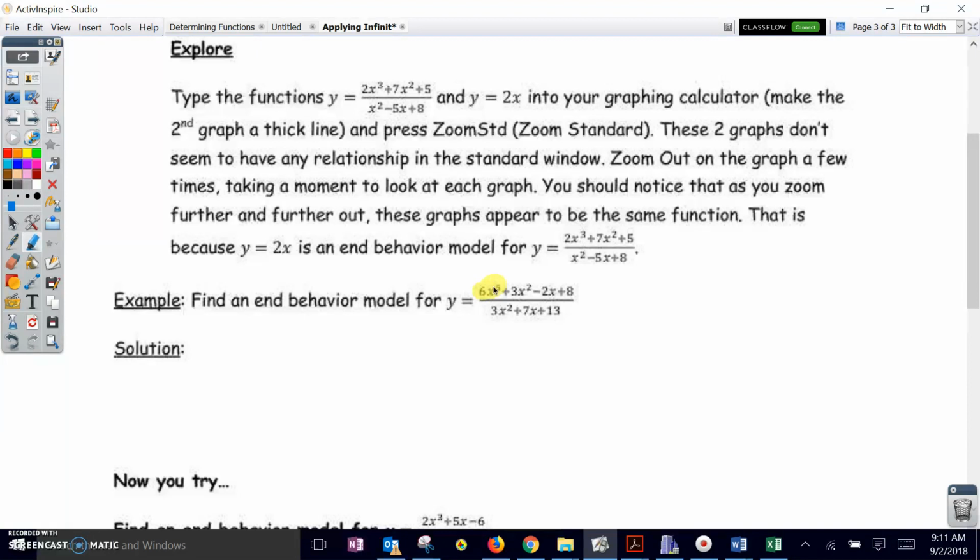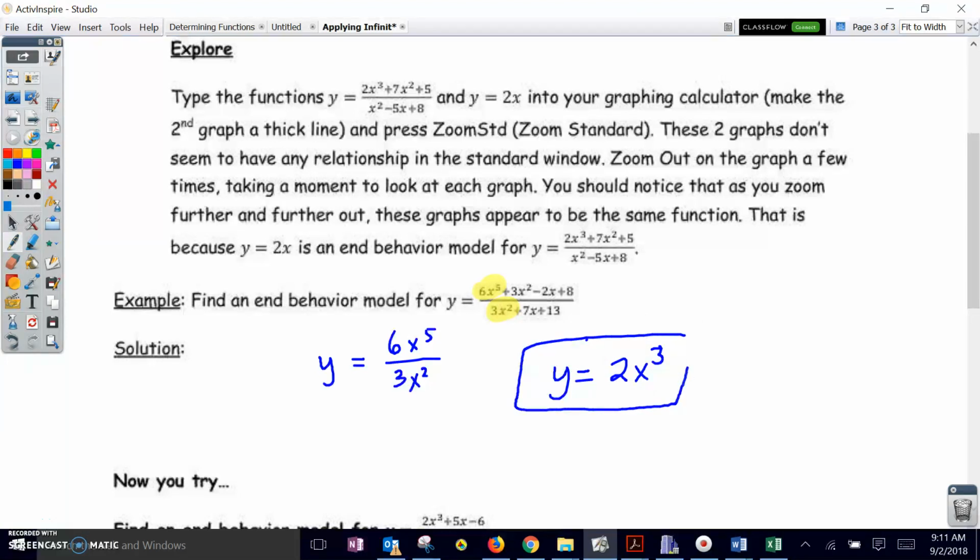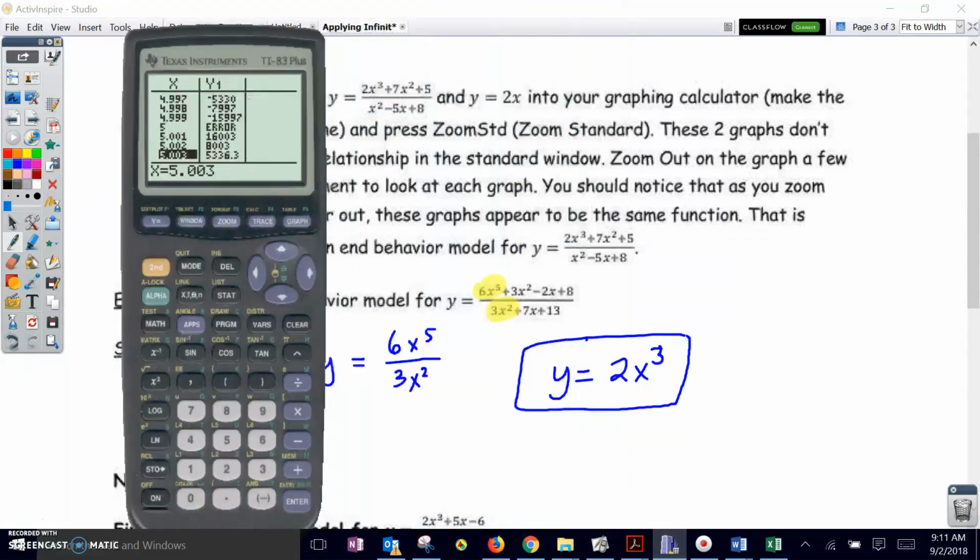So I look at the biggest power of x in both the numerator and denominator, and I ignore all the rest. And this is the easiest way to write an end behavior model from a rational function. We ignore all the rest, and we simplify the ratio of those two. And when we do that, this will be a good end behavior model for our original function. And if you compare these two,